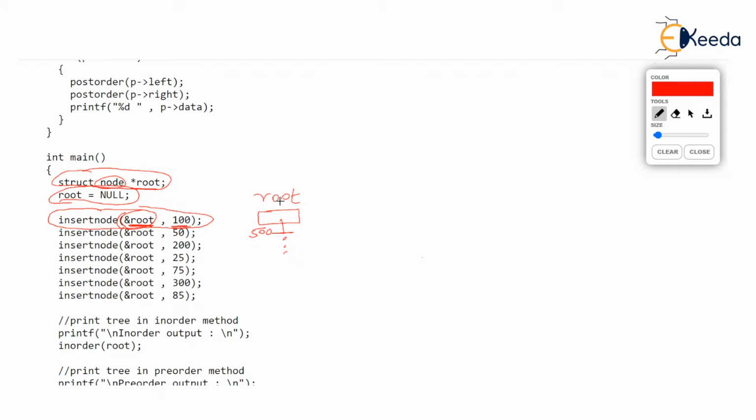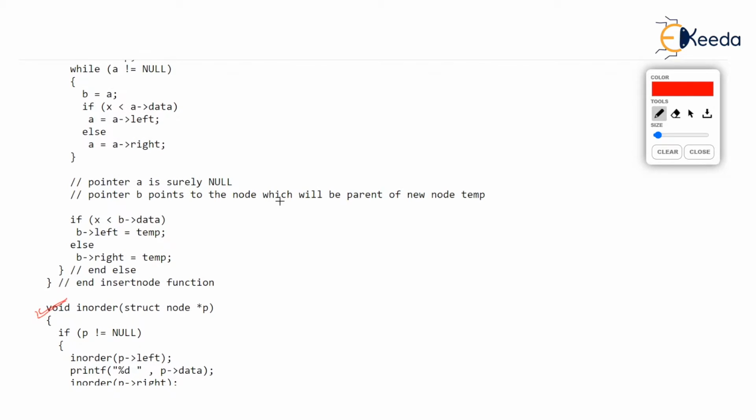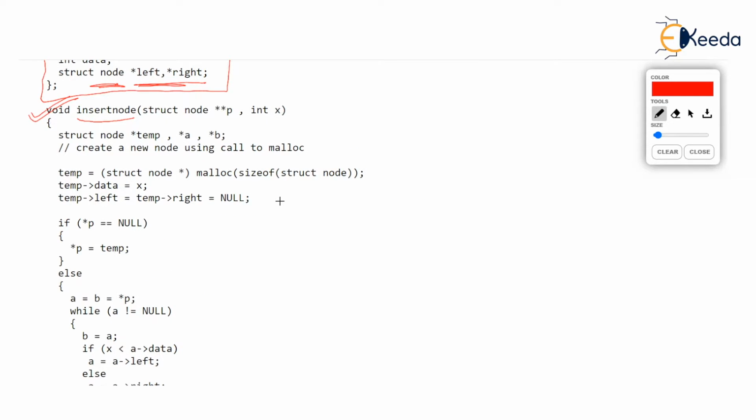Okay, let's come to insert node now. The insert node function over here has a pointer to pointer to a node. This pointer to pointer is literally getting the address of root. We have passed the address of root. And what do you remember? Root was a pointer in the memory stored at address 500. Maybe we have assumed it is stored at address 500.